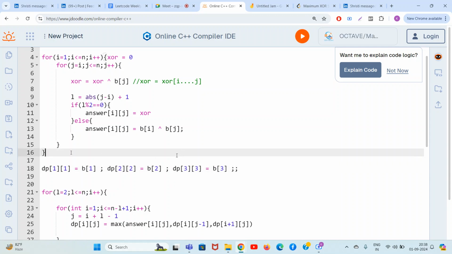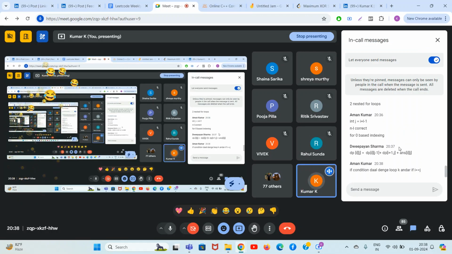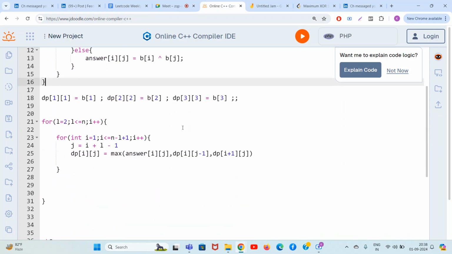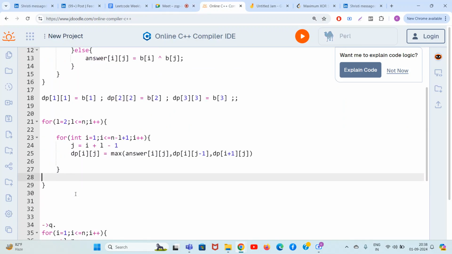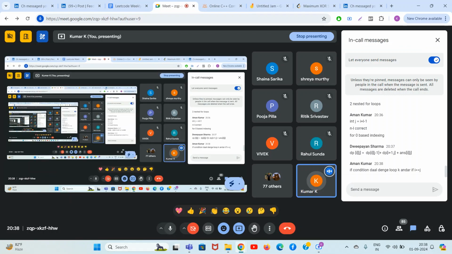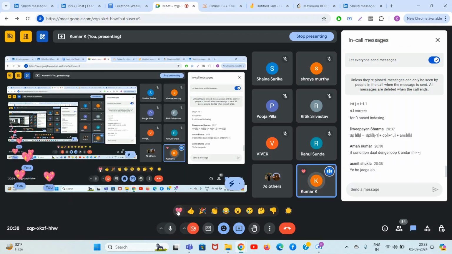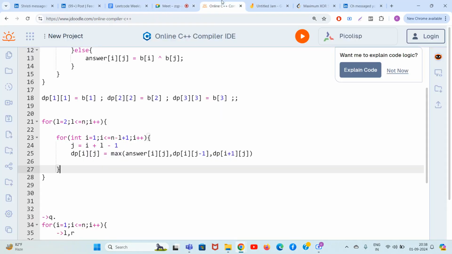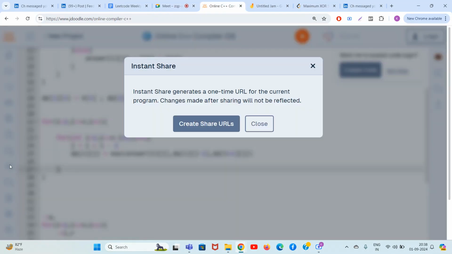So I hope it's done and everything is clear. What is the time complexity? n square plus q. You have solved the final problem. सर इफ कंडीशन डाल देंगे, हाँ कुछ भी कर सकते हैं, डरने की बात नहीं है, सब सही चल रहा है। इतना तुम लोग को कोड करना आता ही होगा, तो वो सब चीज़ की मैं टेंशन नहीं लेता हूँ। इंटेलिजेंट लोग को मीटिंग में बुलाया ना, नॉर्मल लोग को तो बुलाया नहीं है।